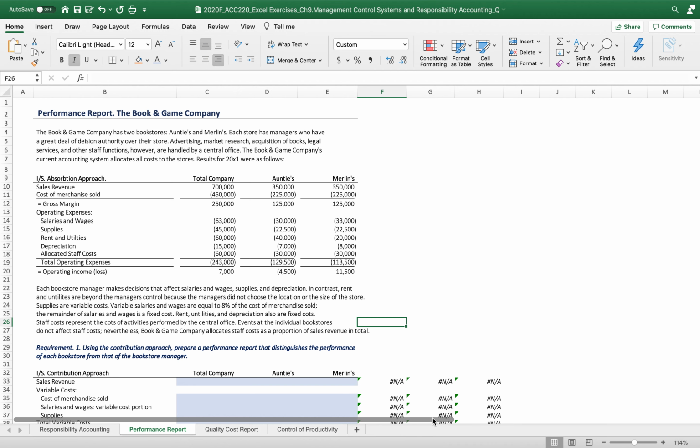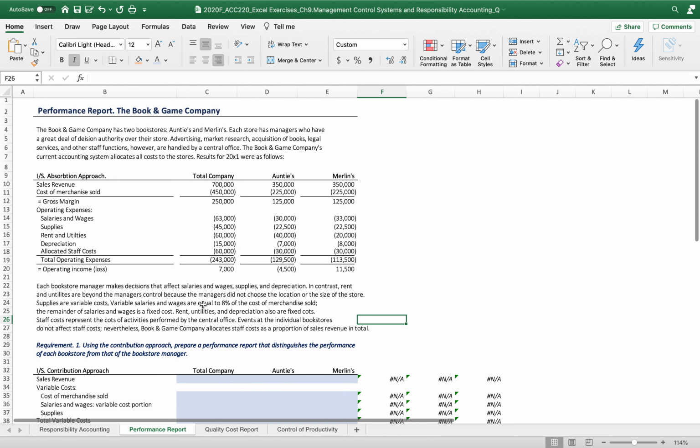Hello students, now we are going to practice how to measure the performance using this performance report with the degrees of controllability. As you can see, this is an example of the income statement with absorption approach that does not have the variable cost or the fixed cost, but we will identify what is the variable and the